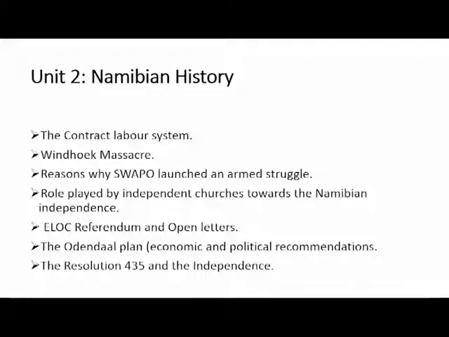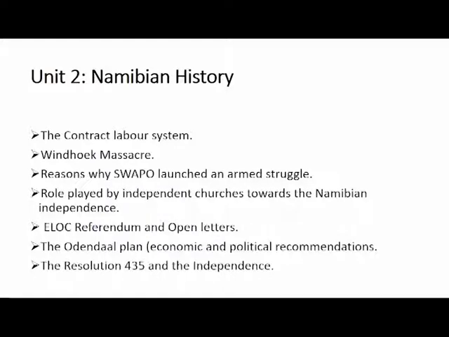As far as apartheid is concerned, it was implemented in Namibia in 1964, when there came a plan called the Odendaal Plan, where the South African colonial administration made sure the apartheid policies were put into practice. As far as this plan is concerned, there were economic and political recommendations made. Now find out how these recommendations affected the